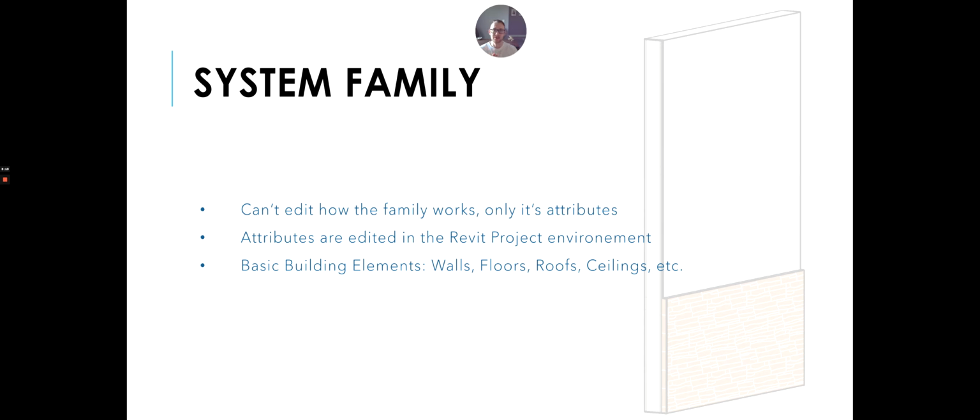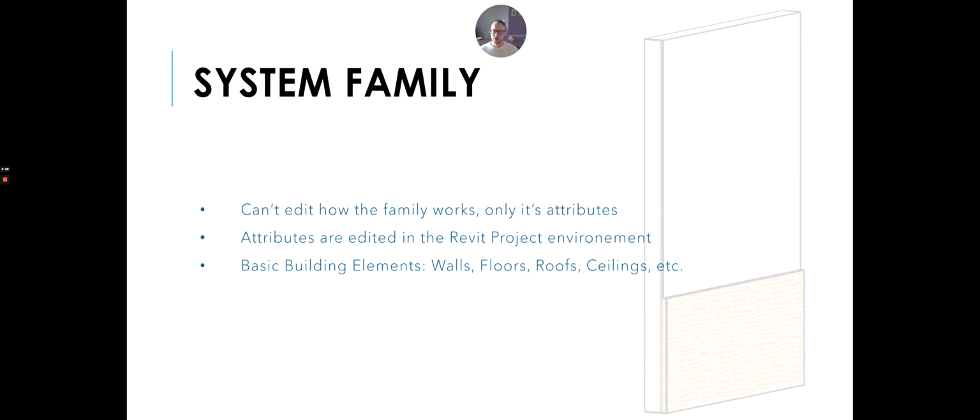The other thing that's different about a system family compared to the others is where you edit this family. So system families are always edited inside of the Revit project environment, is what they call it. It's where you're used to working in Revit. So up to this point, you've only worked in the Revit project environment. So when you open Revit and you open your project, that's the Revit project environment. That is where you would edit a system family. So during the exercise in this module, we'll get into how you edit it. That's not the point right now. I just want you to know that's one of the things that make a system family, is where you edit it.